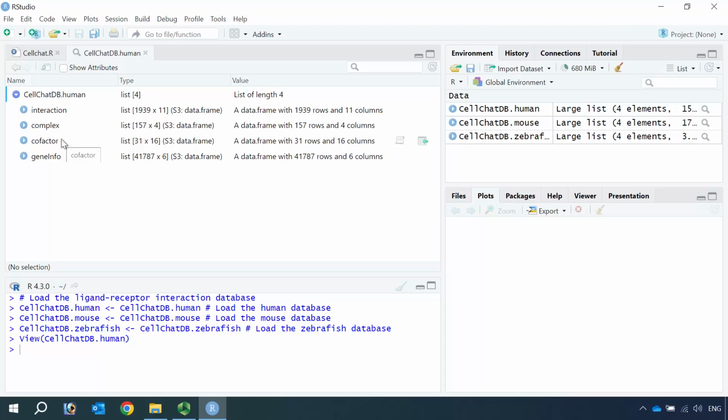So the third element is the cofactor. In this database, there are 31 ligand receptor pairs that have cofactors. Those cofactors are required to activate the signaling pathways. So the last element is the gene information. In the human dataset, it is the human genome gene information. For the mouse dataset, it is the gene